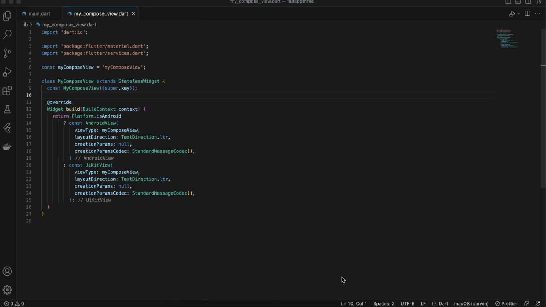Next video. In today's video I will show you how to use Jetpack Compose with Flutter. Now I know a lot of people might be saying, why would you want to use Jetpack Compose with Flutter? So if you don't know, Jetpack Compose is a UI toolkit for native Android applications. It is similar to Flutter, and the reason I want to use Jetpack Compose is because, so I will give